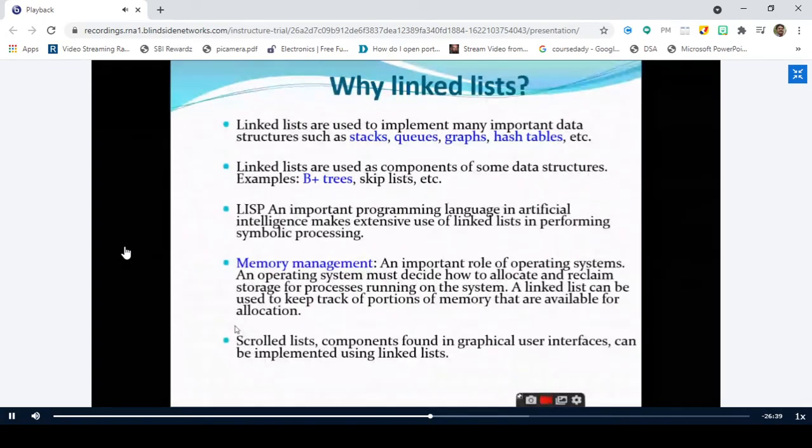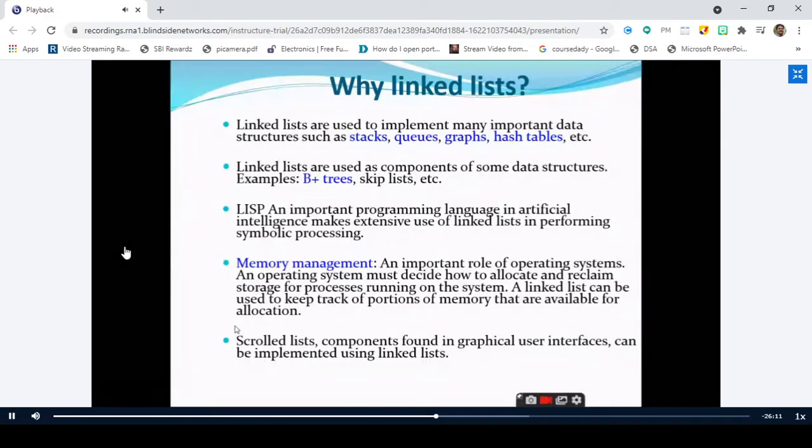Arrays and linked lists only, sir. Arrays and linked lists. Similarly, if you go for the implementation of trees or graphs or hash tables, every data structure, these are nothing but data structures, right? Stack is one data structure, queue is one data structure, graphs, hash tables, everything is a data structure. So in order to implement these data structures, we are going to use an important data structure.